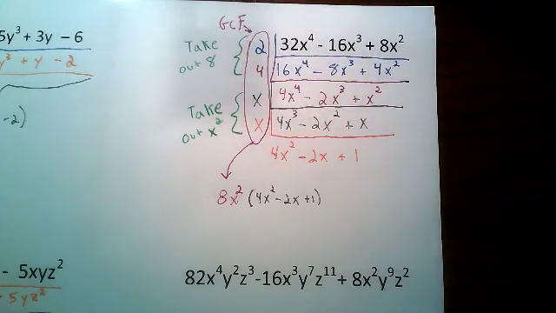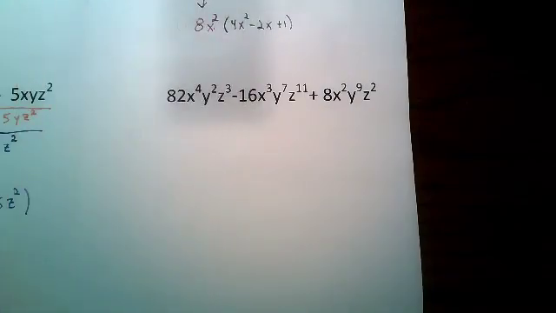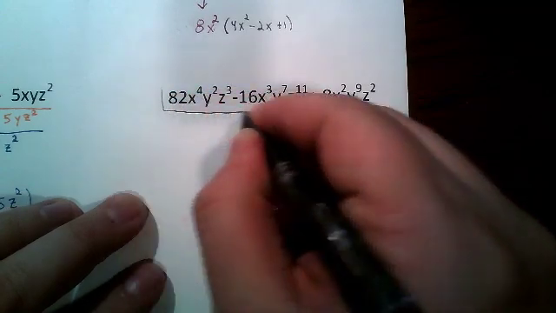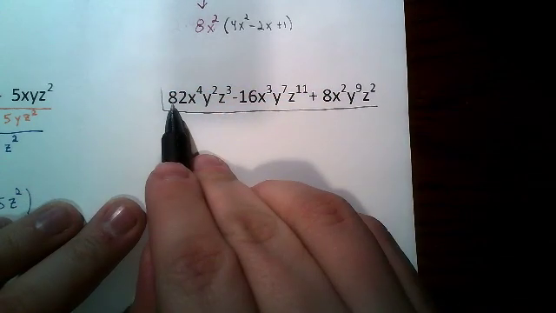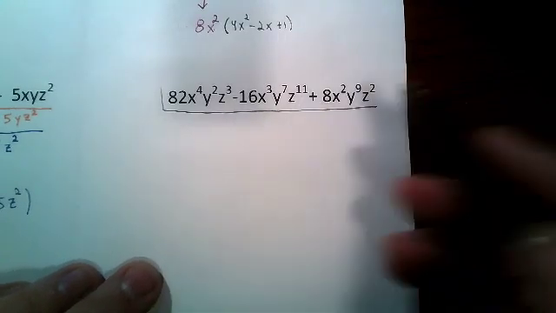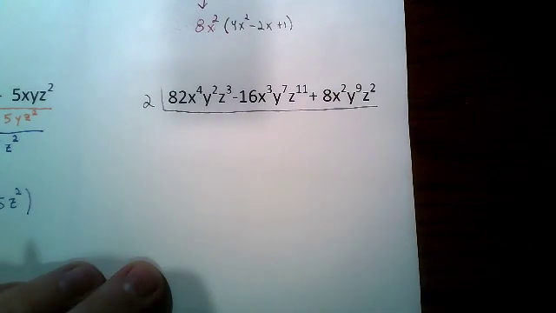Okay. And I'll start the last one and then you'll finish it. And I've got example problems for you to do as well. So here's my next polynomial. And I want to start taking out greatest common factors. So I do my upside down division symbol. And I notice that I've got, as a number, 82, 16, and 8. Those are all even, so I can take out a 2. And I'm left with